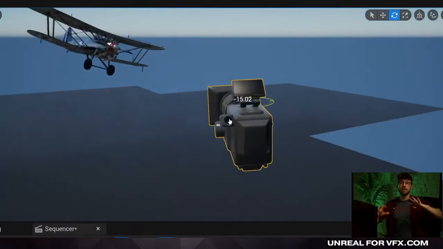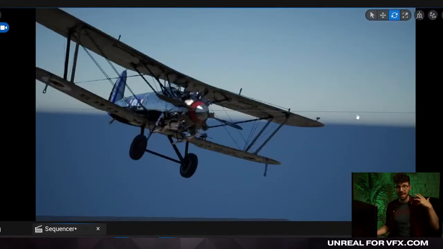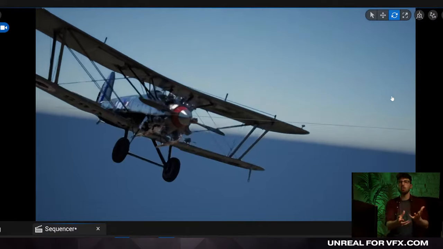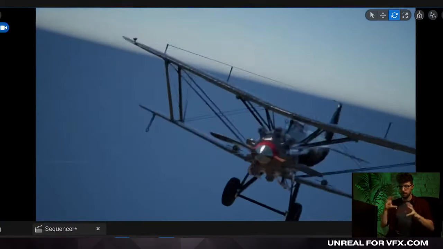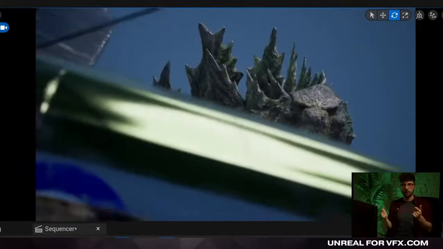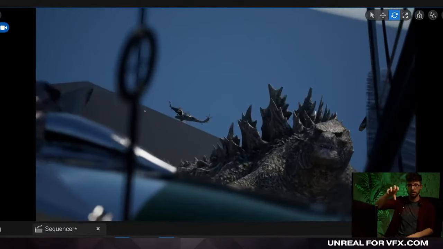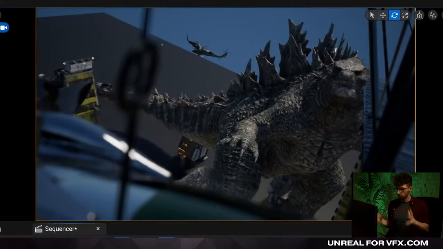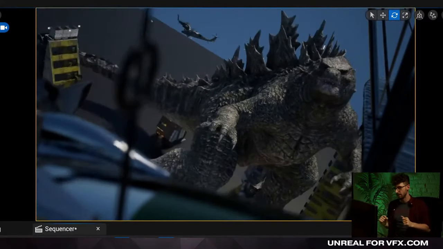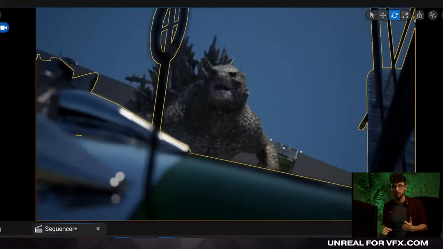And what's super cool is that once we have that flight path animated, we can take our camera inside of Unreal and treat it kind of like a GoPro, where we can literally attach it onto our plane and it will be parented, or just imagine it attached to a long pole. In this case, we could attach it right to the cockpit of the plane itself and have it looking over the shoulder of our pilot and looking down at Godzilla. And as that plane starts to bank around, so does the camera.